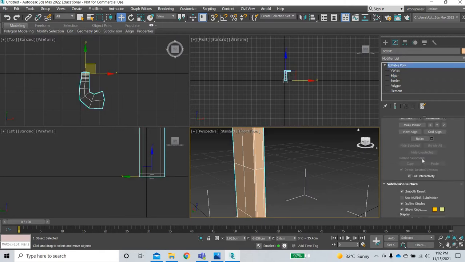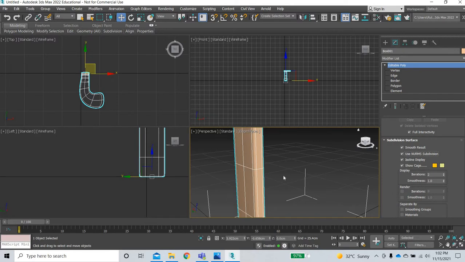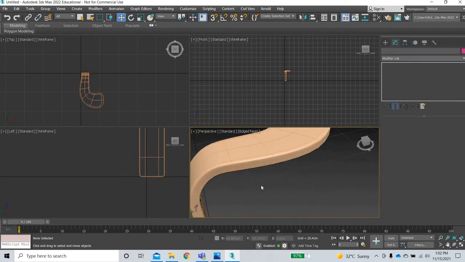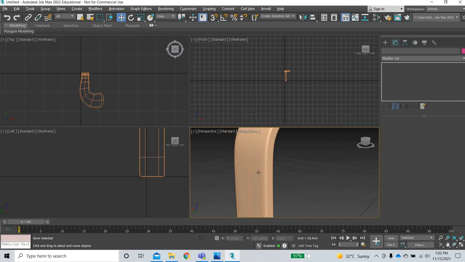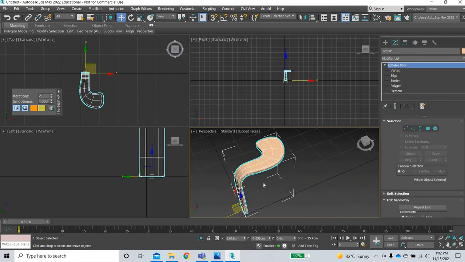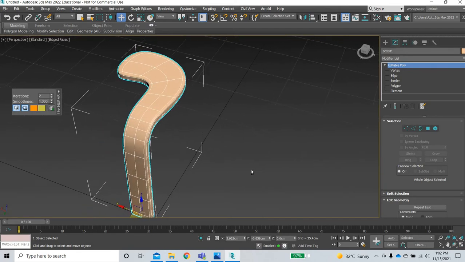Okay, so when you smooth them out, you get that sharpness. Okay, so if you want more sharpness, you can add one here and one here also. So let us do that. In fact, I'll do it later in the end once I'm done,